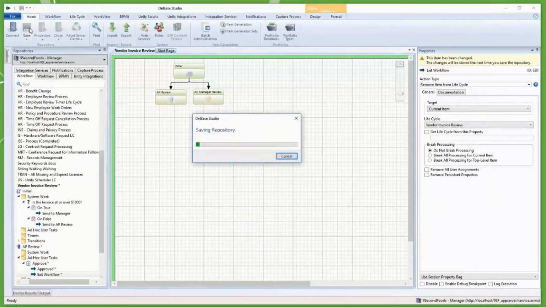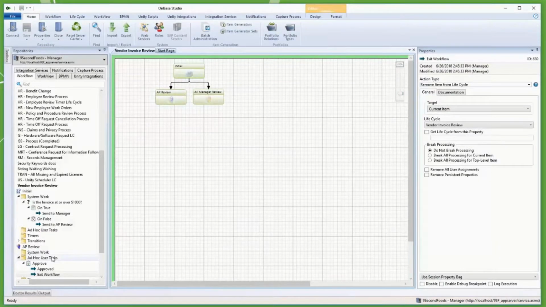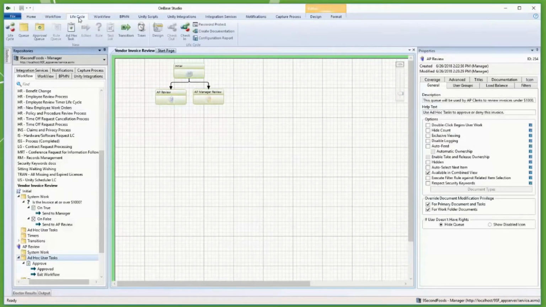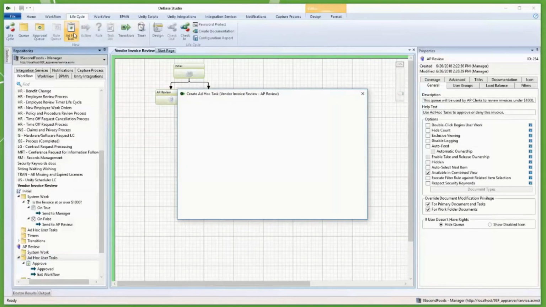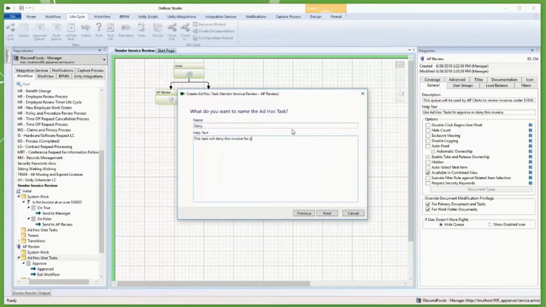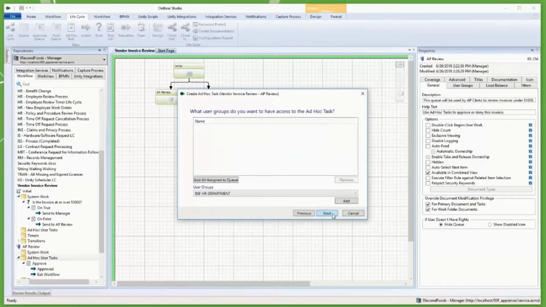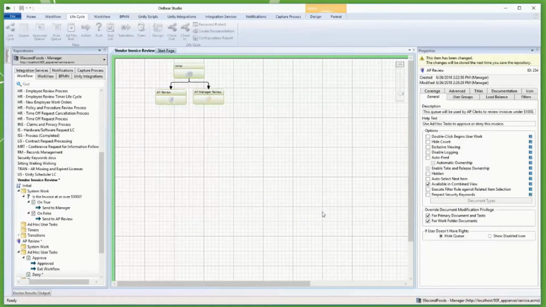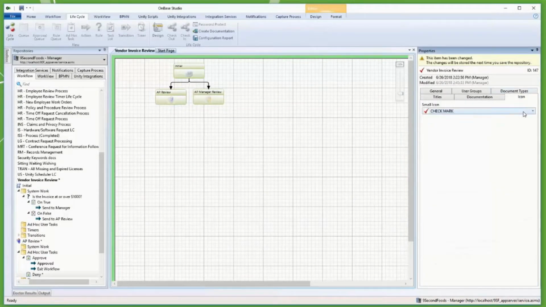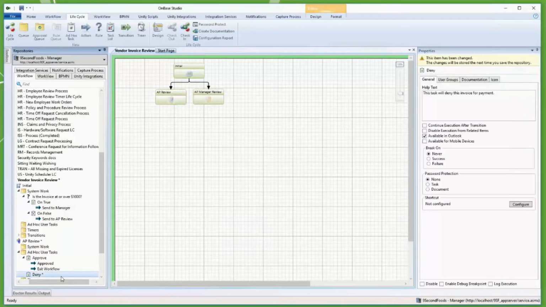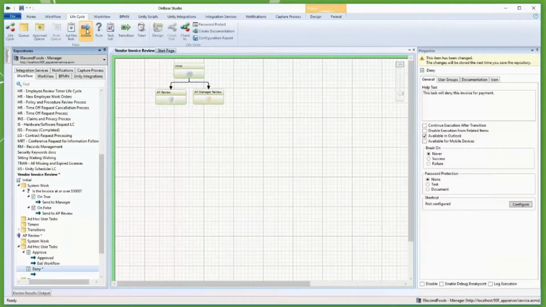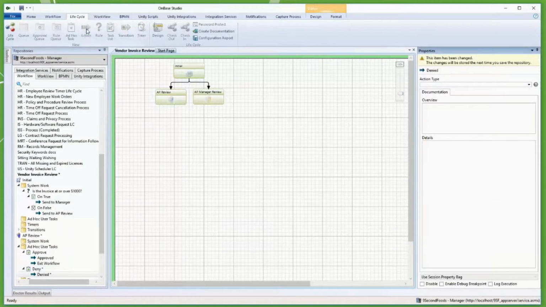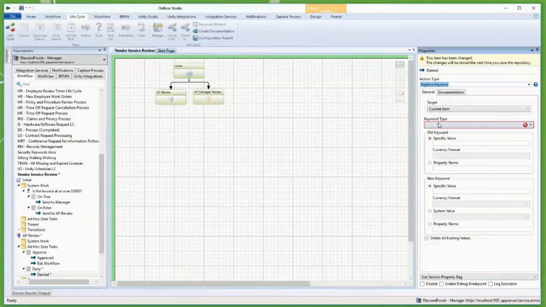Now it is time to set up the deny task and actions. It's going to be very similar to the approve. I will create a new ad hoc task called deny. I will assign our users and set a unique icon, an X mark, since this is a deny. Then I'll create new actions for this task. The first, deny, will set the keyword status value to denied, clearing out whatever value was there before, similar to